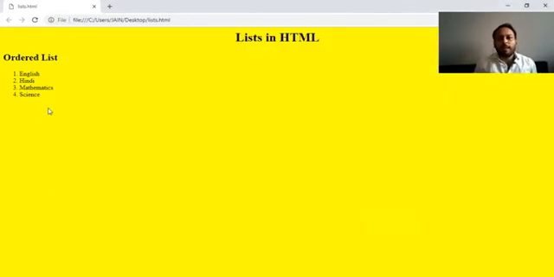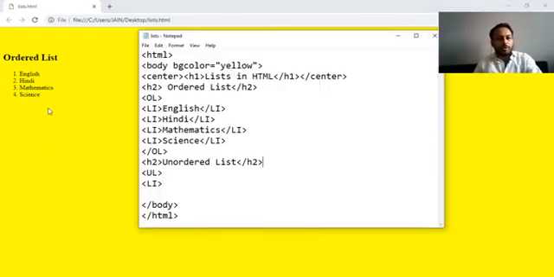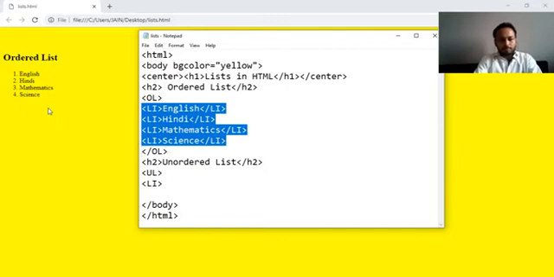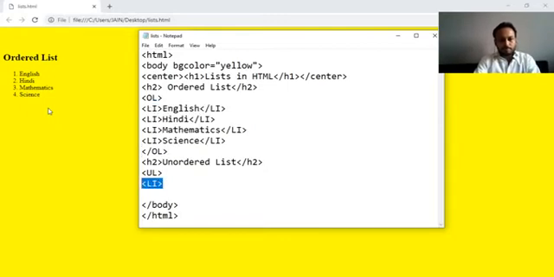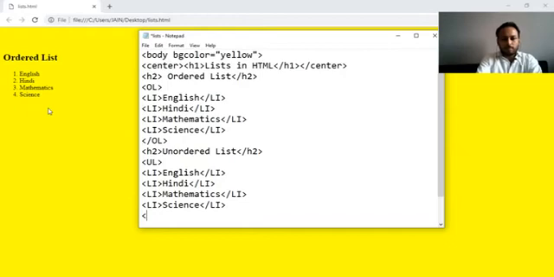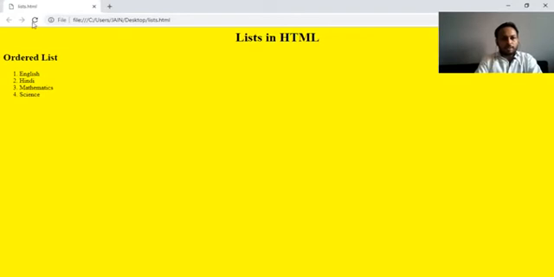The background is yellow, Lists in HTML is the H1, H2 is the ordered list, and there is a list. Okay, let's continue with the unordered list. The LI is the same, I will copy from here, because the LI tag is common. Press Ctrl+S to save, then go to the browser and refresh the page again. The unordered list will appear.